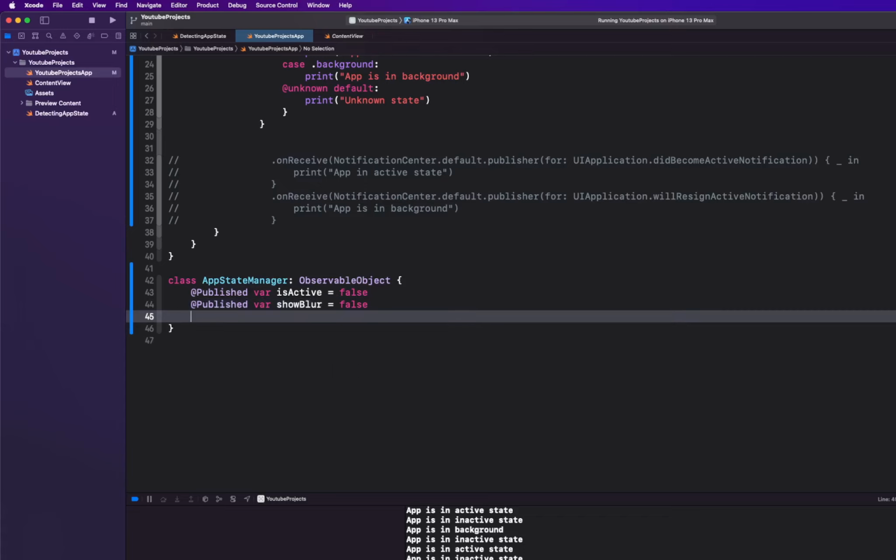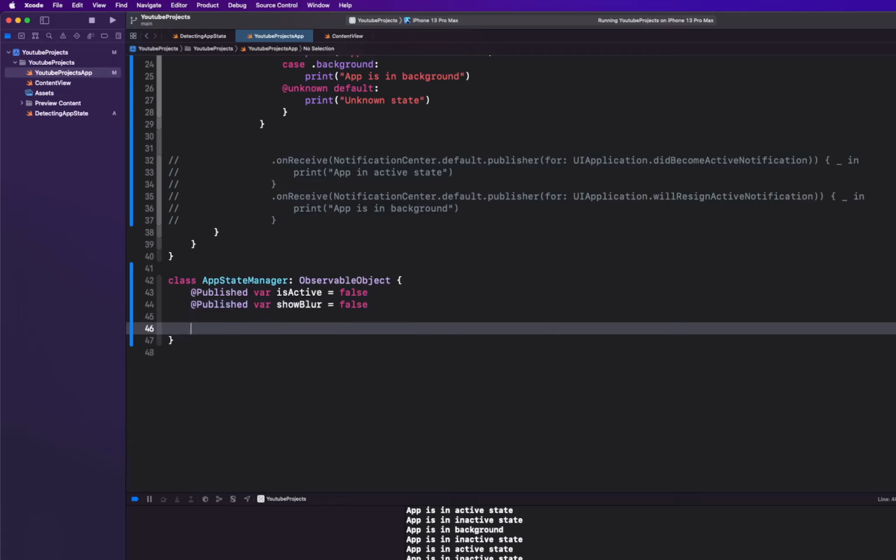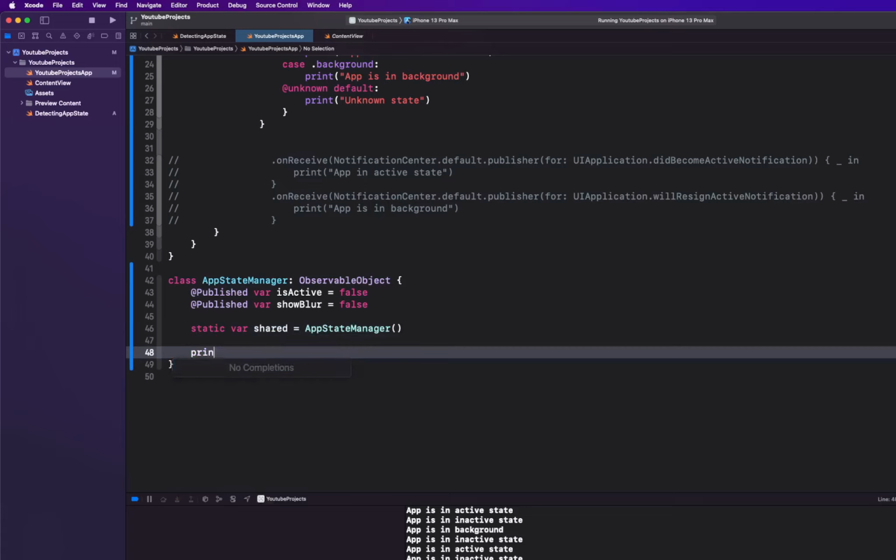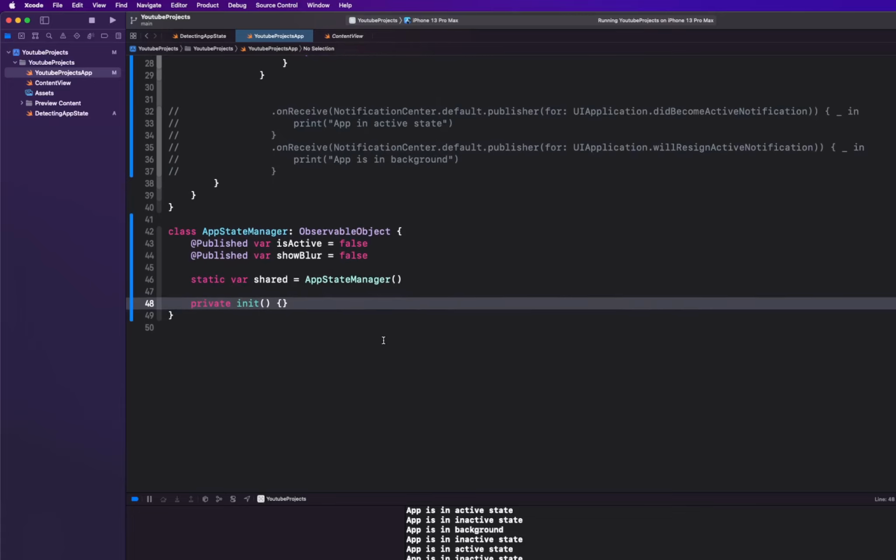Okay, and other than that, this is going to be a singleton, so we're going to create a static var shared, and we're also going to create a private init, so we can prevent the initialization of this class. Okay, all right, so once we have done this, what we're going to do is go back